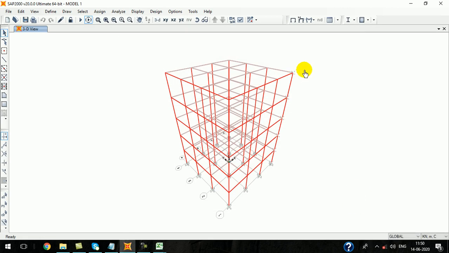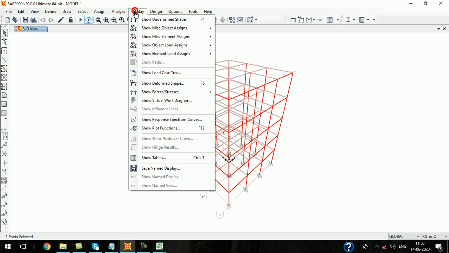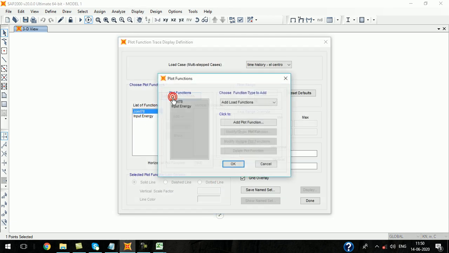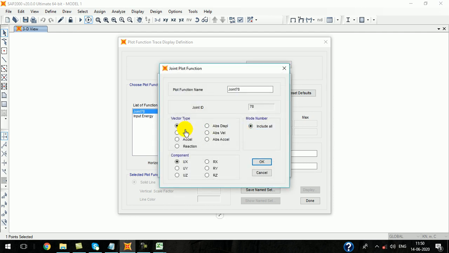Also, if you want to see the time history function at this node, select that node, go to Display, Show Plot Functions, Define Plot Function, select this, add joint displacement, modify. See here it is displacement only in the x-axis. Joint 78 is the top joint at the roof.